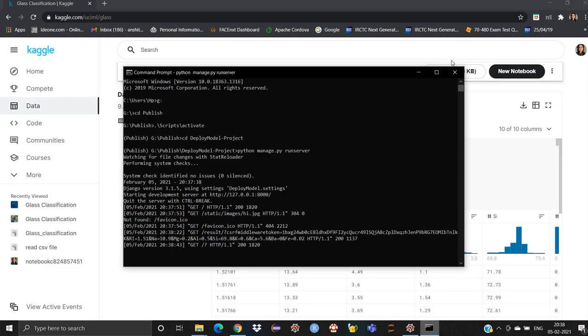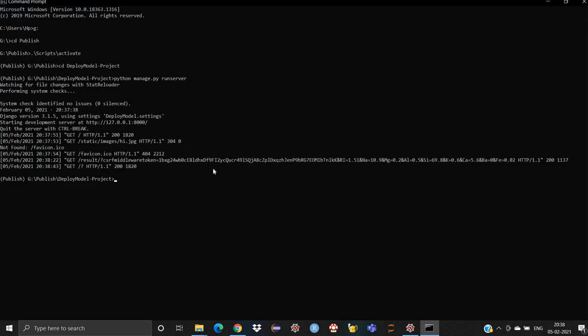Now if you want to deploy your project on Heroku, let me give you some of the important commands to run it, or if you have changed any of your libraries, you need to update it and again push it inside your Git. I'm using Git Bash to deploy my project on Heroku. I've used the Heroku CLI, the command line interface, to deploy my project. So let's get started.